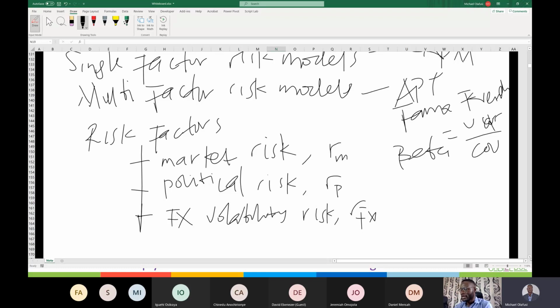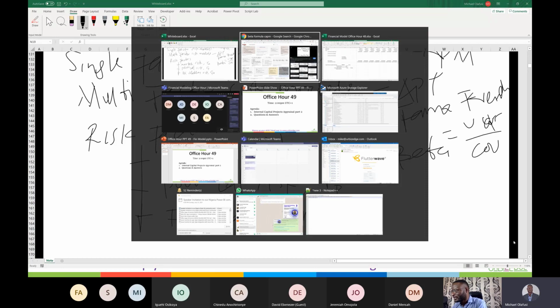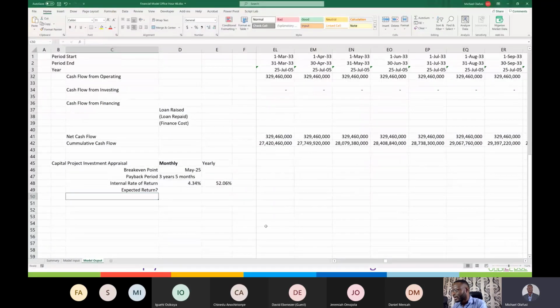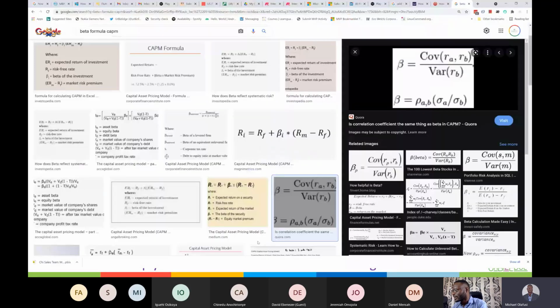When you use it, you now have to defend it with stories, unlike CAPM, which you can use and everybody can go and check to see whether what you used is correct or wrong. So, back to what we are trying to explain here, which is the expected market return. How then do you come to your expected market return?